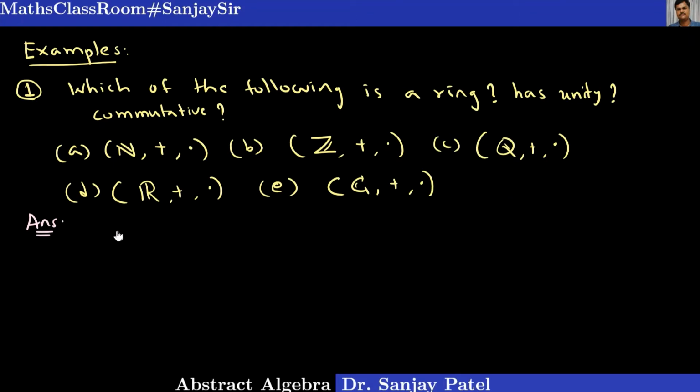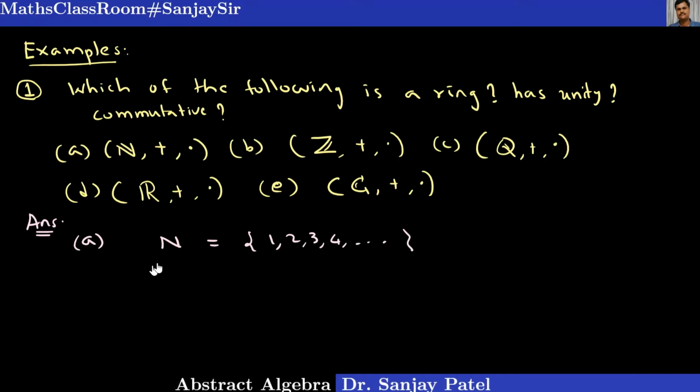We are not going to discuss in detail, and some of them is not possible here. So let us just observe and write the main point about whether it is a ring or not. First consider the set of natural numbers. We know the set A contains 1, 2, 3, 4 and so on. We have to check all the conditions of the ring one by one.